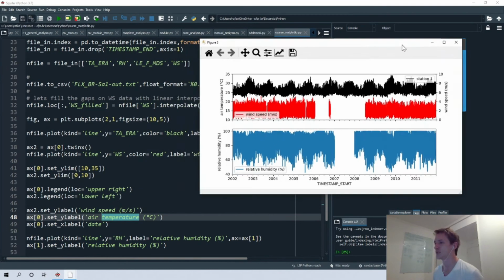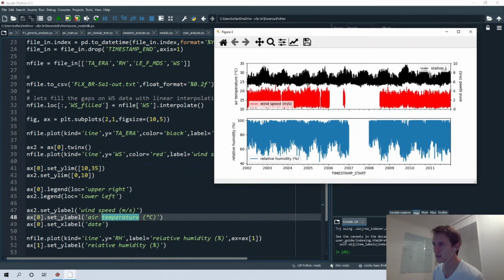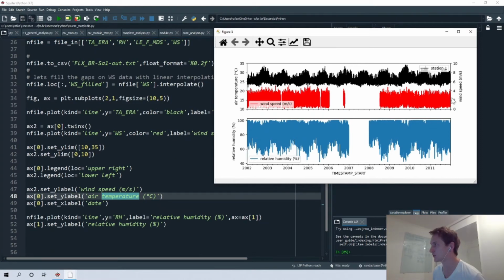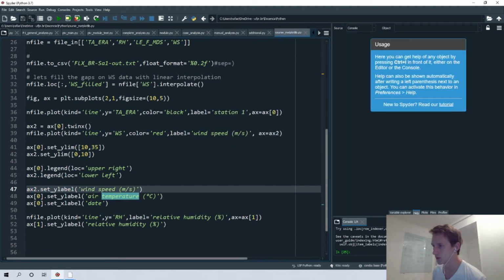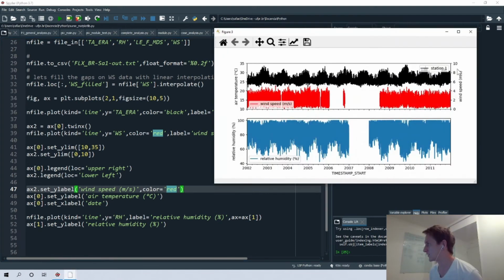So for that, we can just specify here in our function, where we have the label of this y wind speed when you define that. So here we can include a color, and then we can add, for example, the same color that you use to define this line, this plot. So the wind speed is red, so this value will be red. And also we can change the ticks. So we'll change the values of this second y-axis.